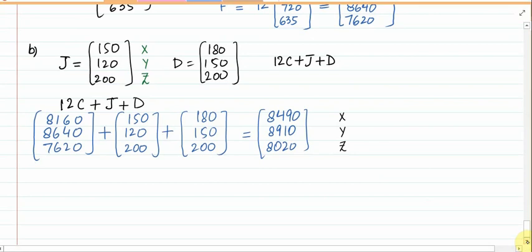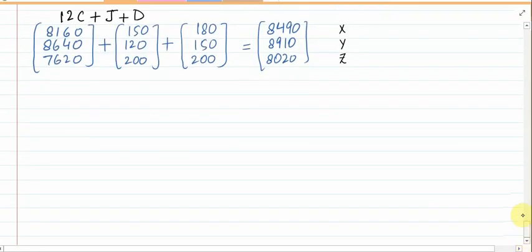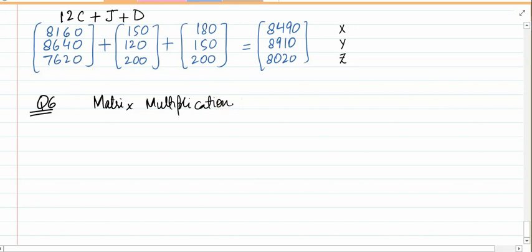So moving forward to the next question, question number 6. Now question number 6 involves matrix multiplication. Do you remember that while explaining the topic matrix multiplication, I told you that there are two cases in this category. One is scalar multiplication and the other one is matrix multiplication. And also I mentioned to you that scalar multiplication is quite easy as compared to matrix multiplication.